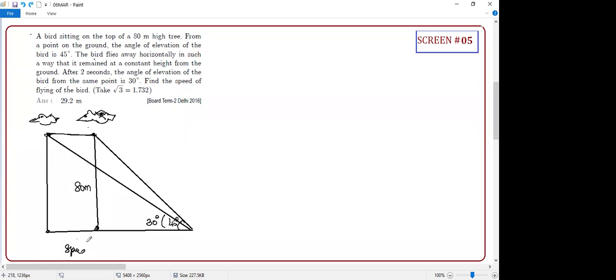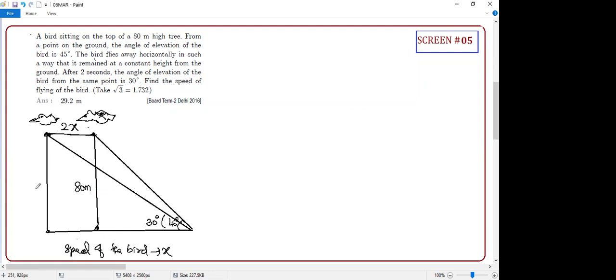So let the speed of the bat be v, student. Which letter, shall I put x? It's not necessary, but below the diagram itself mention that you are keeping the speed as x. Now 2 times x is 2x. Are you clear? Because it is 2 seconds, with the speed you will get the distance. So 2x is not a speed, 2x is not a time, 2x is the distance. Crystal clear or not, everyone?